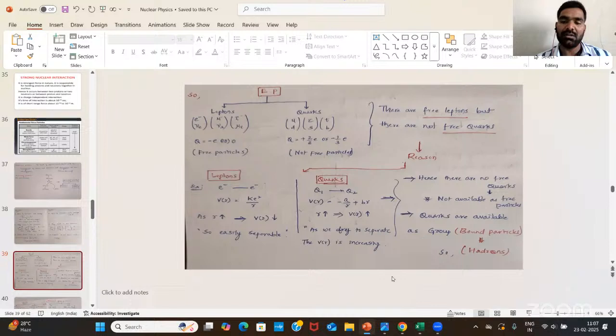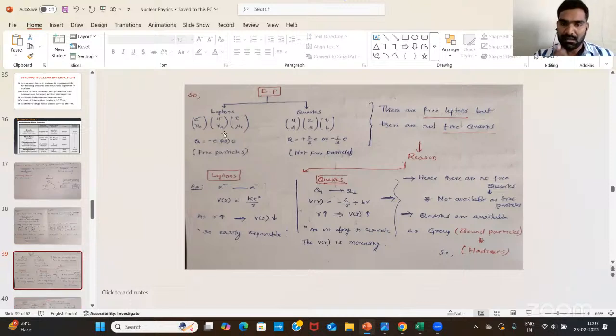Those groups are called hadrons. What are the groups of quarks called? The groups of quarks are called hadrons, H-A-D-R-O-N-S. These are the bound particles, whereas leptons are free particles. Here the quarks are bound particles. Okay. Next,